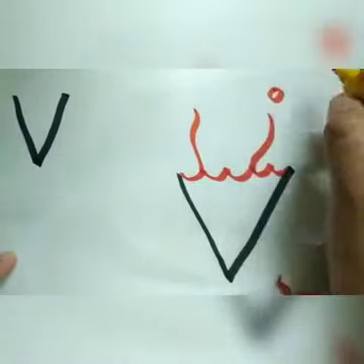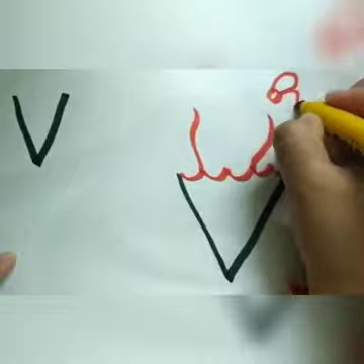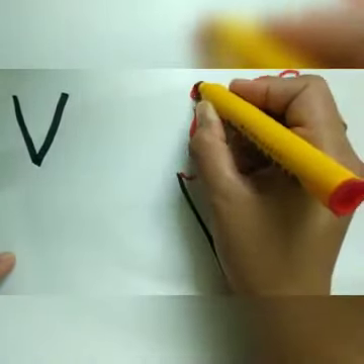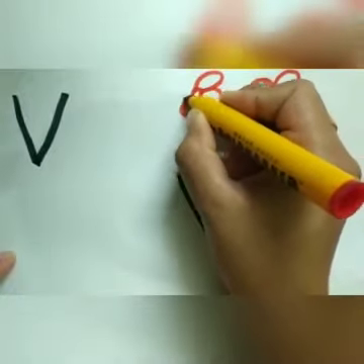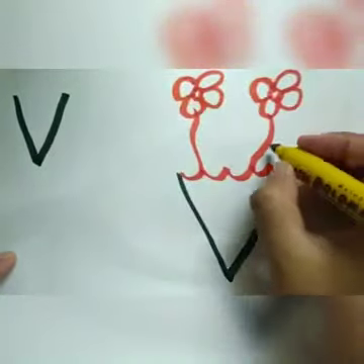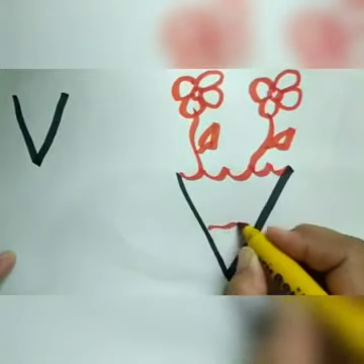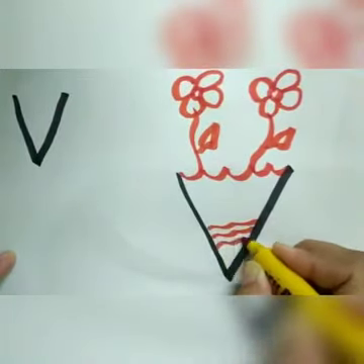First of all, we make a small circle here. Now I'm making petals one by one by making round like this. Another one I'm making here. Make petals again like this. And this is your vase ready. V for vase. I'm making a small design here also. By these lines, you can also do it.